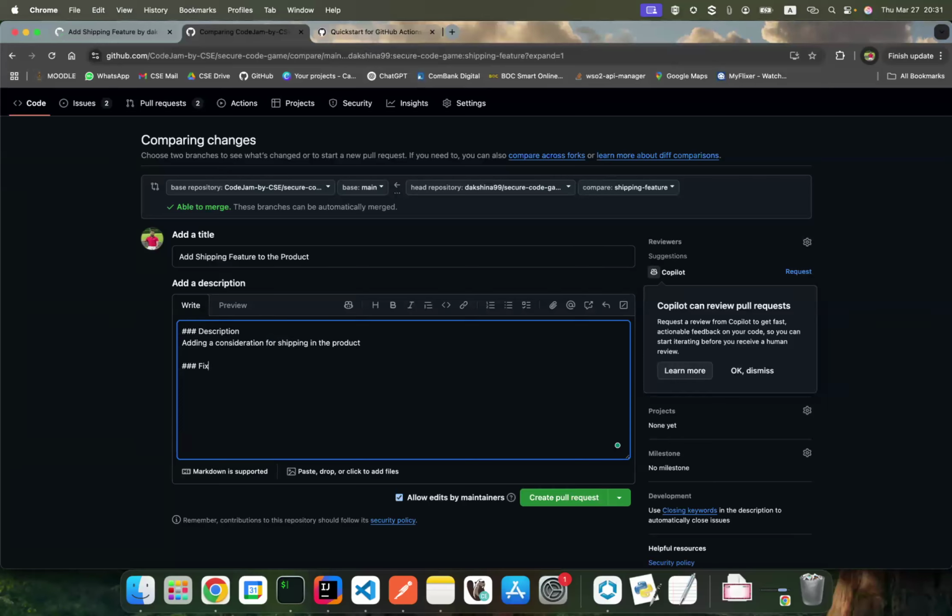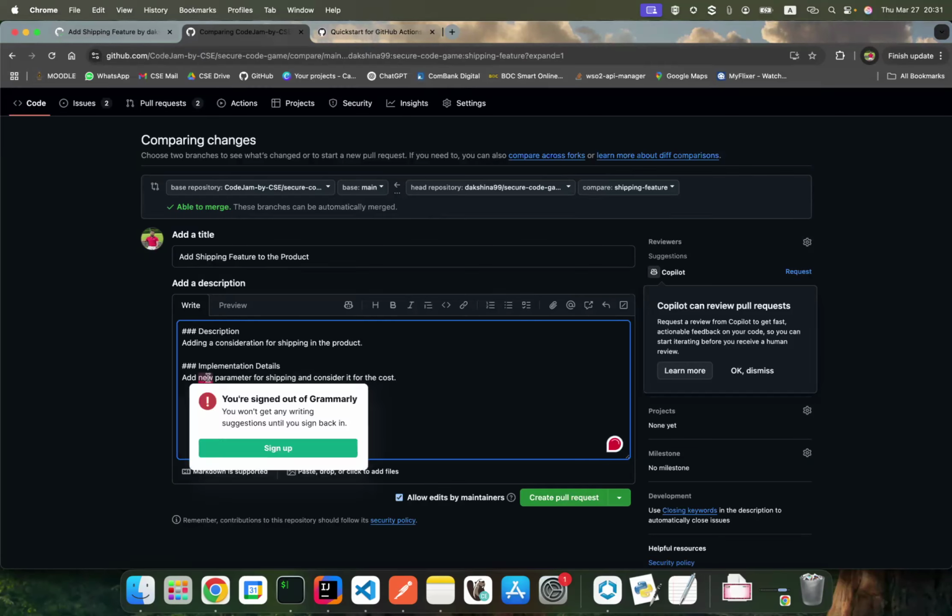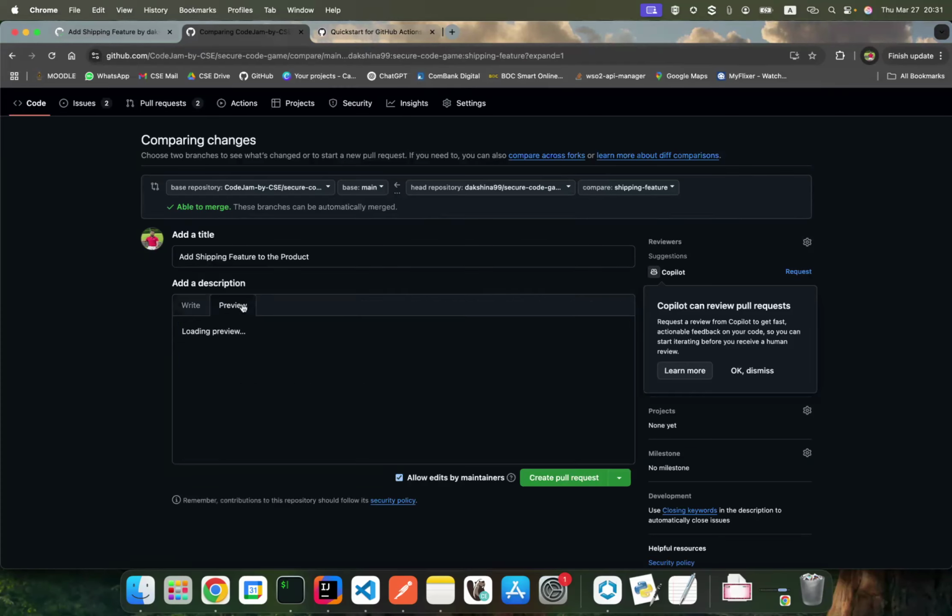Fix, or the implementation details and the new parameter for shipping, and consider it for the cost, or something. I don't know what it actually does here. Okay, so this kind of thing.